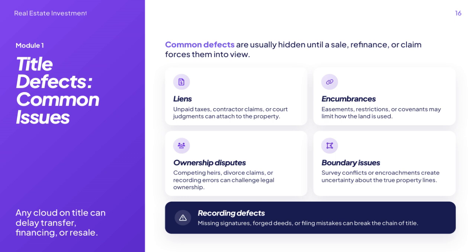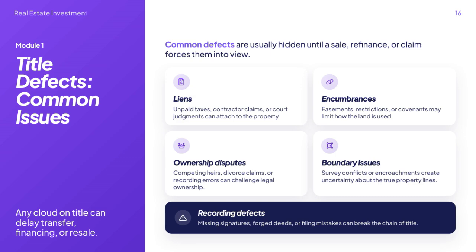These might be unpaid taxes, contractor claims, or court judgments that attach to property, meaning the owner might owe money that has to be settled before the property can change hands. Encumbrances are another category. These include easements, restrictions, or covenants that can limit how the property is used. For example, you might not be able to build or develop the land as you wish because of these legal